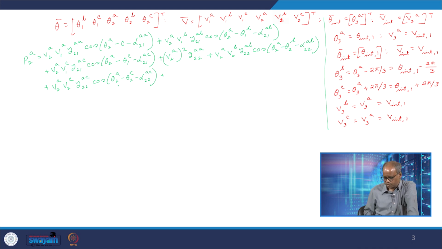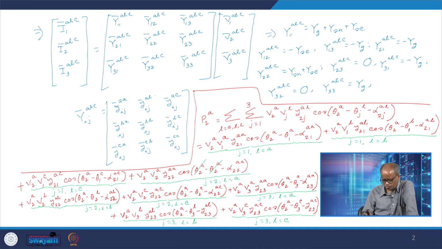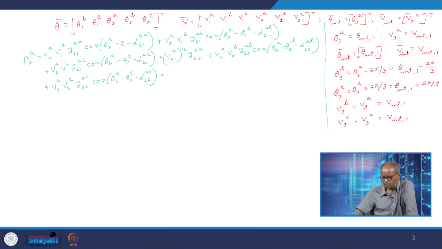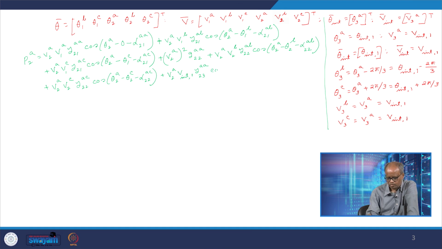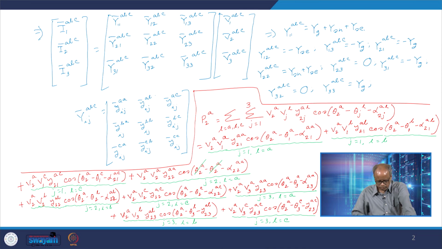So, second bus is taken care of. Now, the third bus: V2A V3A. V3A, I am saying that it is V internal 1A. So, V2A V internal 1, then Y23AA cos(theta 2A minus theta internal 1), because theta 3A we said that it is theta internal 1, minus alpha 23AA, right, alpha 23AA. Then V2A V3B plus